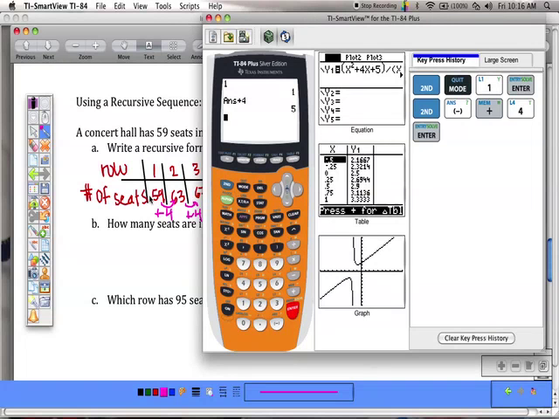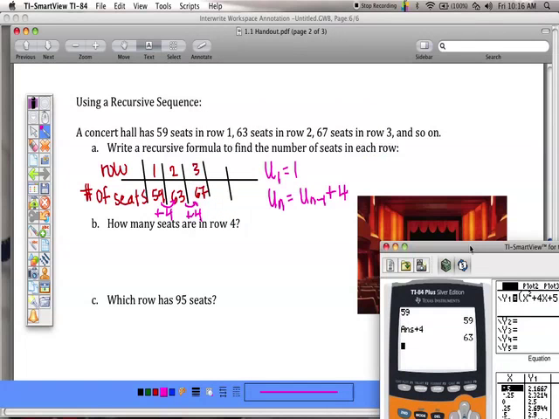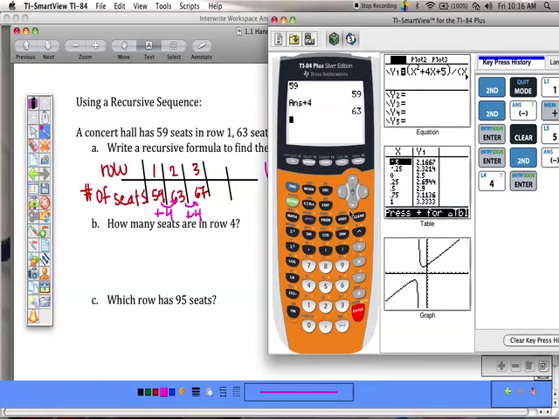Alright, but first we should actually start with 59 seats. So let's try this again. Alright, so 59 is our first number. Alright, so it's our first row, the last answer, +4 each time. Okay, so if I hit enter, there's the second row. And we're trying to figure out how many seats there are in row 4 for part B. So this is first row, second row, here's the third row, here's the fourth row. So there's 71 seats